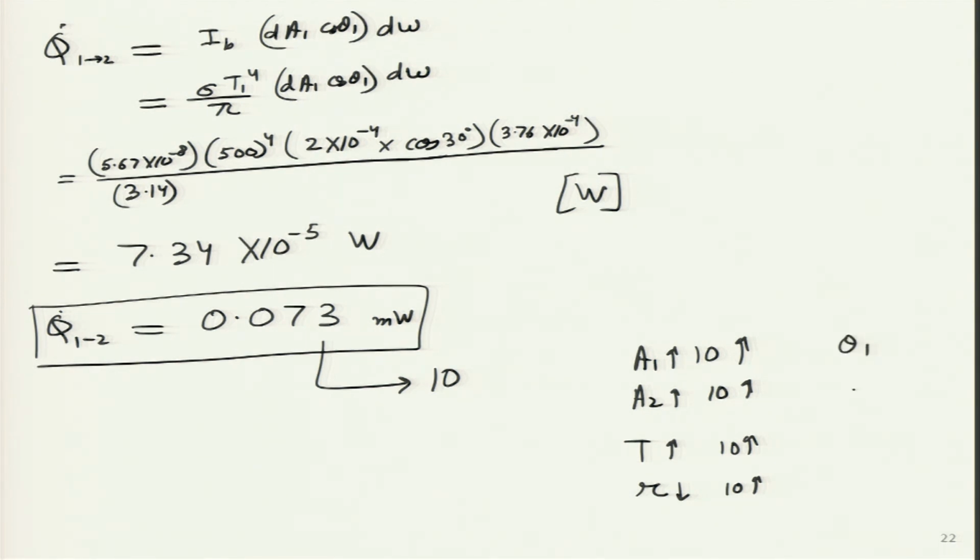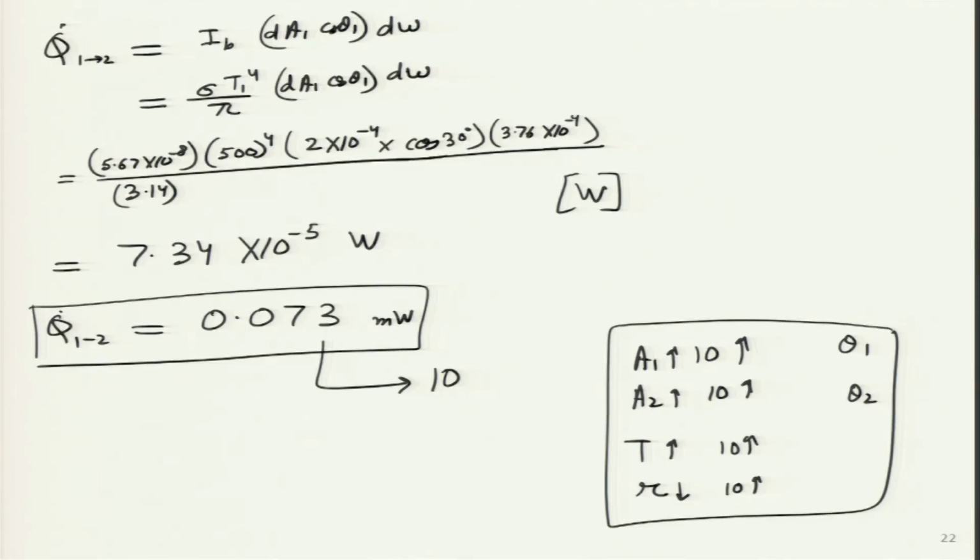Just by cos theta 1 or theta 2 I may not be able to increase it 10 times, but at least some fraction I will be able to, which means both of them should be normal to one another instead of this being over here and then rotated over here. So, it should rotate back and then come over here. All these 6 variables that we have shown over here, which is what we had written earlier also, by manipulating these 6 variables, a radiative transfer engineer can figure out how to increase or reduce the amount of heating going on from one surface to another. I hope this particular point is clear.